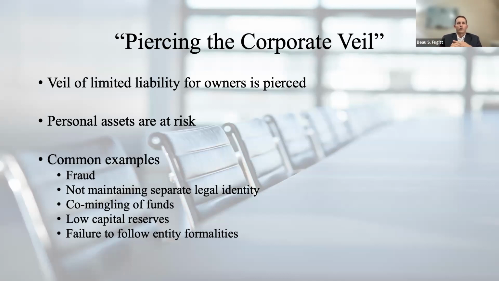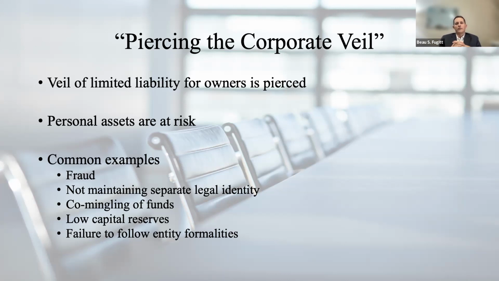You see that fairly often where people do not keep good books. They don't keep good records, and they start taking that rent revenue and using that to pay some other expense, whether it's a personal expense or an expense for another entity or whatever the case may be. So having good books is very important. The other reason that a court might pierce the corporate veil is having low capital reserves. If the court decided that the owner of that entity was intentionally underfunding the business to avoid paying creditors, then they might pierce the corporate veil for that.